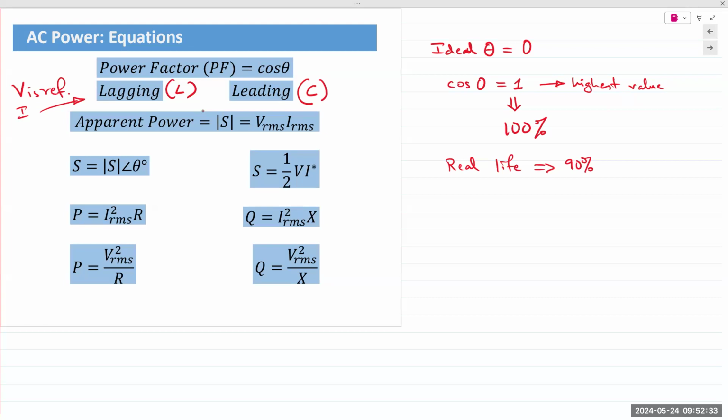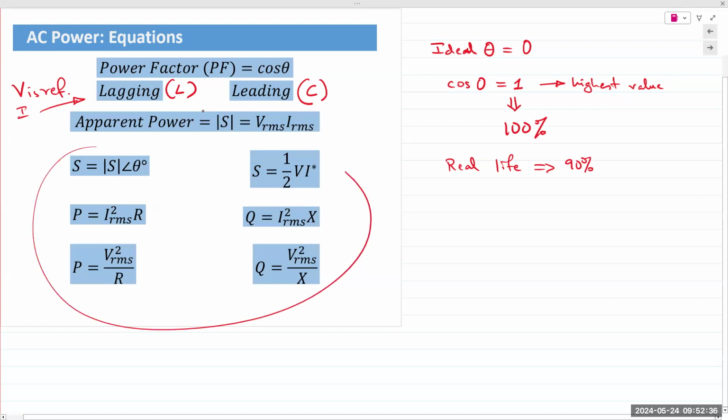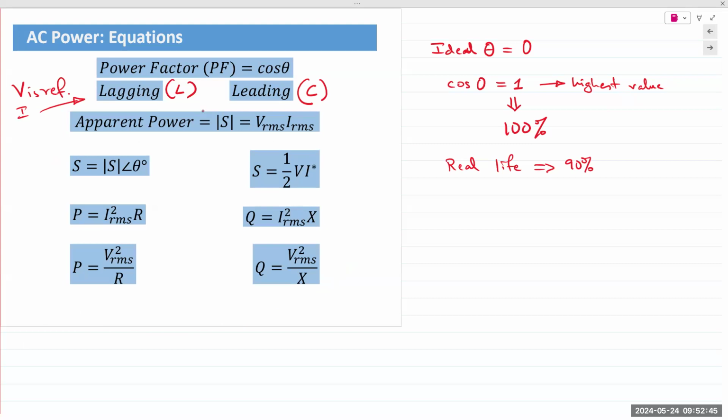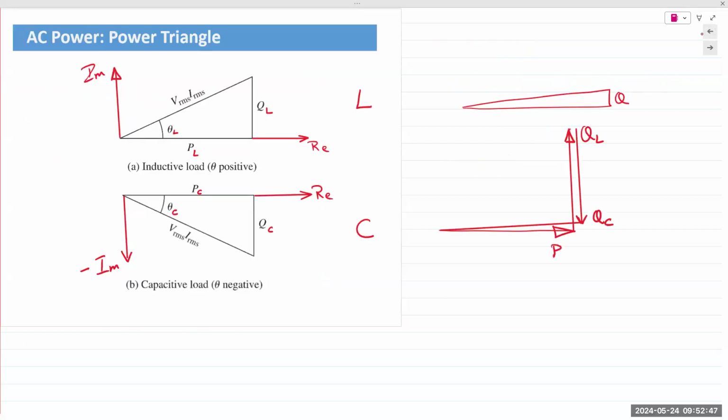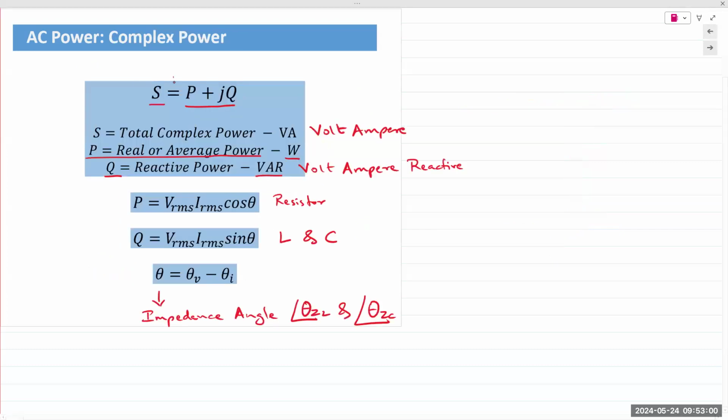So from that right angle triangle, we can have a few more equations. And these again go back to Ohm's law and the power equation that we studied in chapter 1, right? The hypotenuse of the power triangle is the magnitude of S. You have P and Q. P and Q are the real and imaginary. So if you take the magnitude of S, which is equal to P plus jQ, we define that